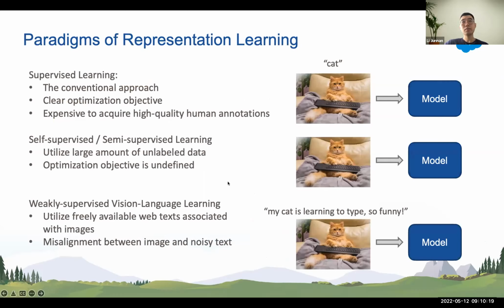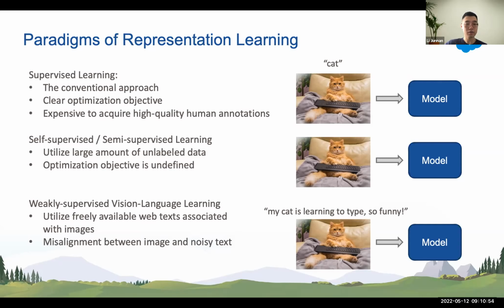So there are three main paradigms of representation learning. The first one is supervised learning, which is the conventional approach, where the model is given access to both images and the labels. This type of learning will have a clear optimization objective, which is to optimize the cross entropy loss with respect to the ground truth label. But this type of learning is quite expensive because it requires high quality human annotation. The second